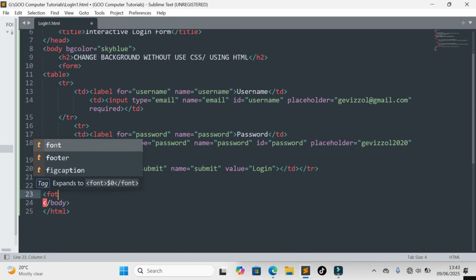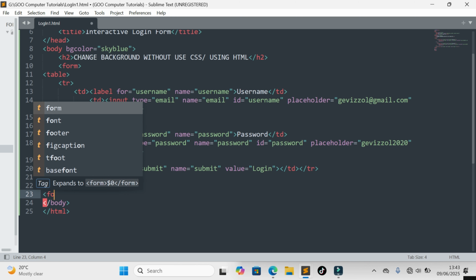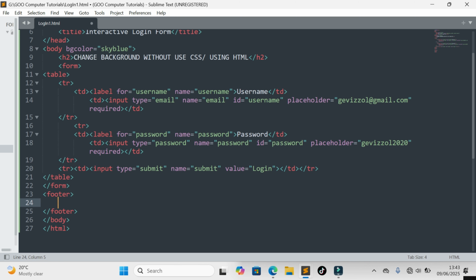As you see, now we need to insert the footer tag here, and inside the footer, let us create the copyright statement. You can just use the paragraph tag P. Let us close it, and inside it,